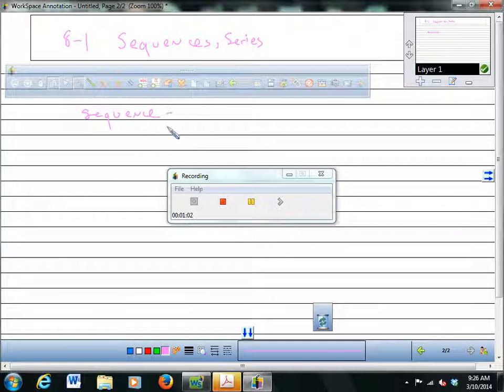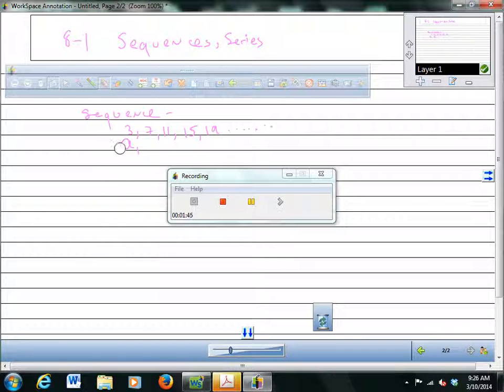So a sequence is a set of numbers like 3, 7, 11, 15, 19. And you guys could probably recognize what I'm doing in that sequence. I'm adding. So when you add, it's an arithmetic sequence, but we're not going to worry about that. But what's kind of different about a sequence is this is